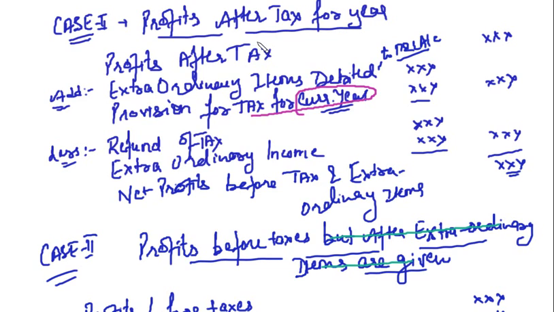That is just a provision, right? So we cannot reduce our profits by any provision. We will add back the provisions created. Any activity which is not involving the actual cash outflow or inflow has to be eliminated,